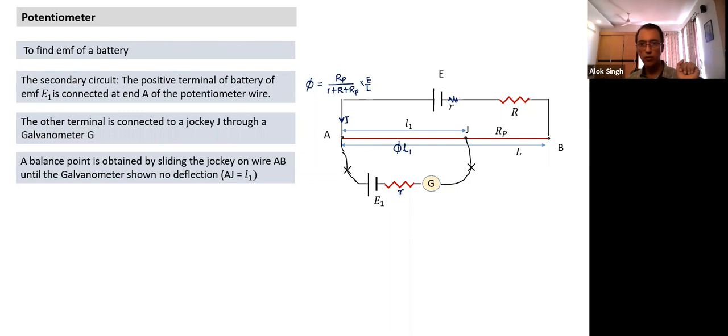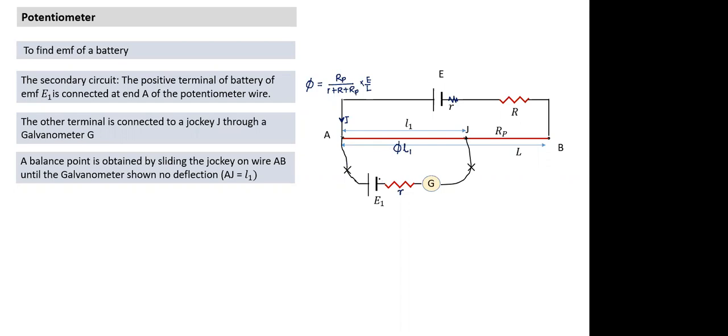Now, if I go along this path, it is independent of path. This path also should have the same potential drop from A to J. Rather than saying potential difference, I am saying potential drop. Why am I using potential drop? Because the potential is decreasing. So from A to J, the potential drop is phi L1 from this path. Nishita, can you also tell me, as I go from here to here and cross this battery, how much will the potential drop be?